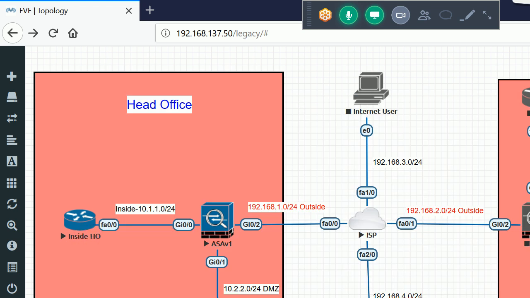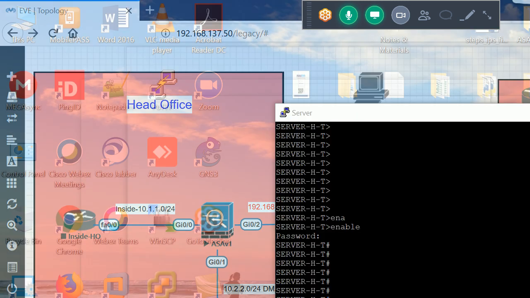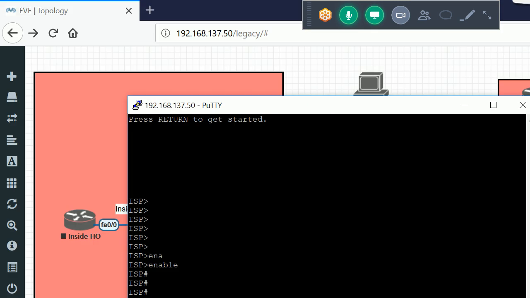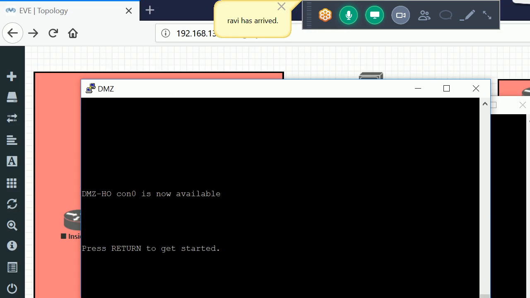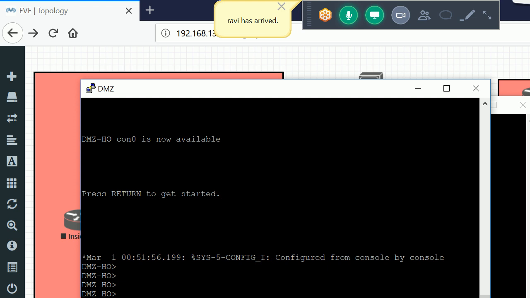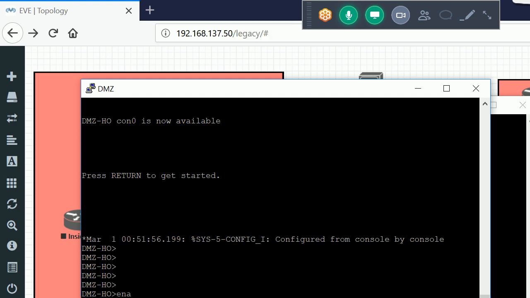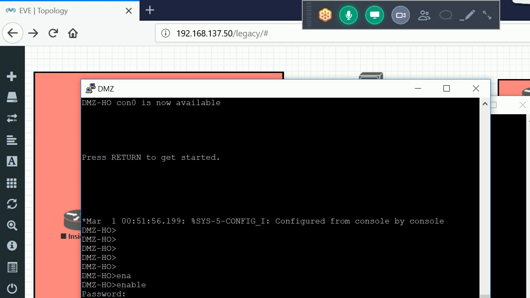Let me stop this device for now, and after that I'll go into my ISP and initiate the ping 192.168.1.150 with a repeat count of 10. So I'm getting access, okay. And if I go into the DMZ, sorry,